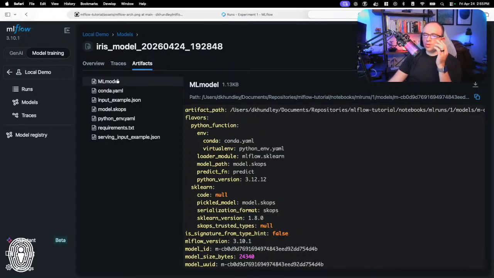And so if you understand what a manifest is in a shipping context, it's basically a set of instructions for saying, okay, here's how you actually build this thing, or here's how you actually serve this thing out. So you can see that by default, it's noting that we're going to be using a Conda environment, and it actually creates these different files here that help to build the virtual environment represented by the Conda environment.